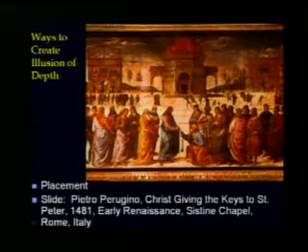Another way of creating depth that is also used within this work is placement. And by placement, I mean that this row of figures here that are smaller are placed higher in the composition. If we think of this composition as being like a ladder that's just going up vertically, we have the first rung here with these figures, and then the second or third rung represented by these smaller figures back here. Again, the idea is just something that's accepted between the artist and the viewer, that anything placed